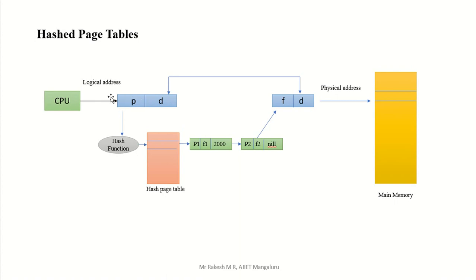But here one thing, they said hashed page table, so we are going to use one hash function. I think you know about hash functions from other subjects. In many subjects in the previous semester you also studied hash functions, so I'm not going to explain that particular hash function. So P, your page number, is sent to the hash function. That means here we have a particular operation that will be performed on your page number. Then we will get one number. That number is searched in your hash page table.